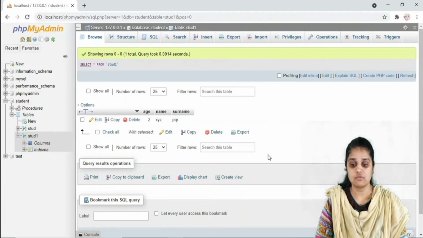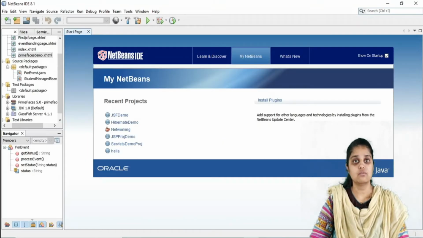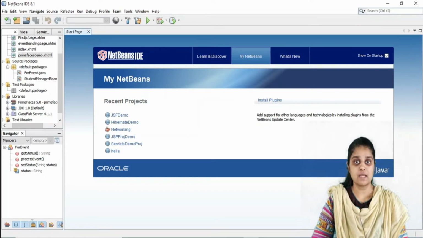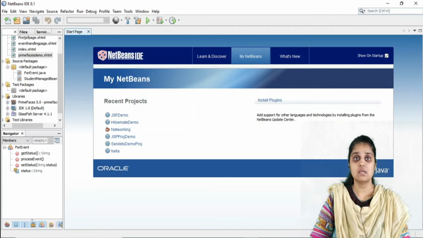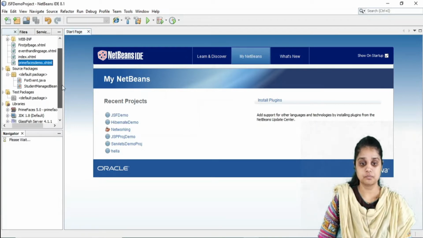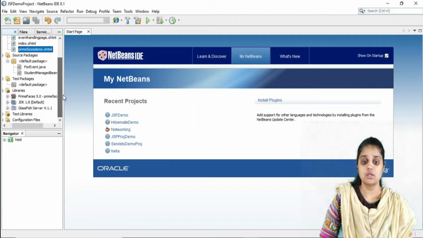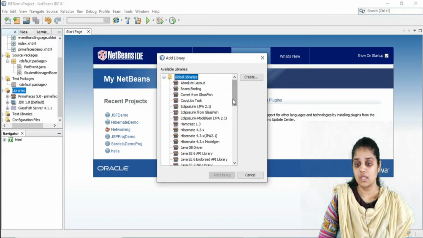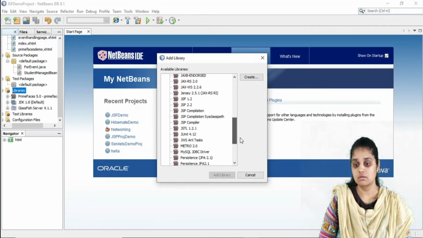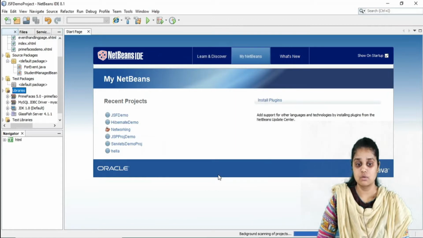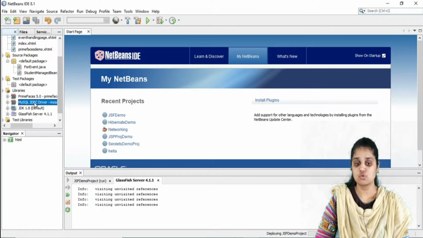Using JSF. So I am going to create a total of 3 files. The first file is going to be a simple bean file, not a managed bean, a simple bean file which is taking name, surname and age and having the getter setter. So first let us create this. You already know that you are using SQL, so you have to add a library, okay, and that is the SQL library. This one I have added. Okay, so this is the first thing that I am supposed to do.